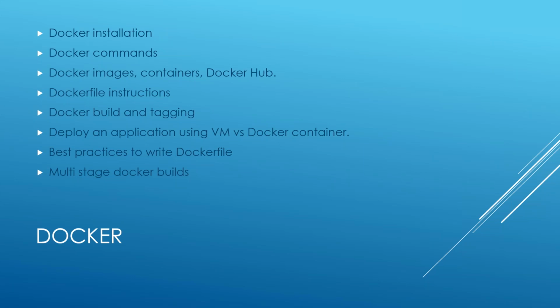As part of this course, first we will discuss Docker. We will install Docker software, and we will discuss the Docker commands: docker run, docker ps, docker images, docker start, docker inspect. There are very few commands, maximum 10 commands. And then we will discuss how to create images, how to run images as containers, and what is Docker Hub, I mean the Docker registry, and how to write a Dockerfile, how to build a Dockerfile, how to tag it. We will deploy one application in a physical server, and we will see how painful it is, and then we can go for Docker.